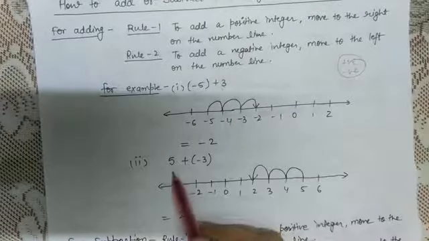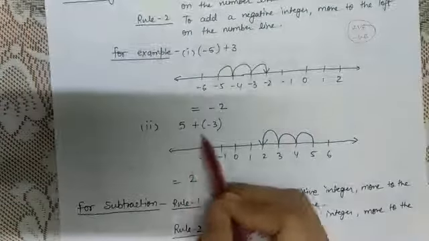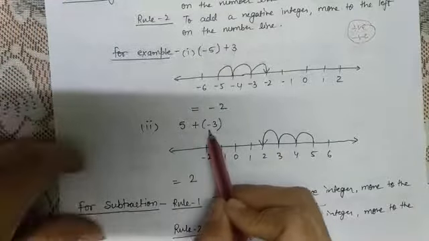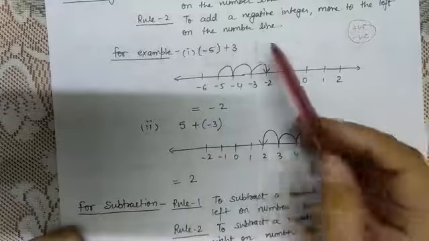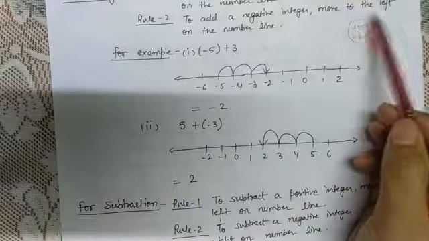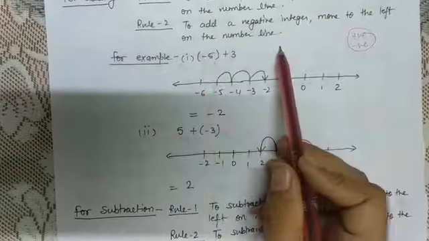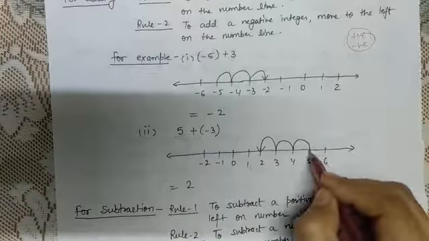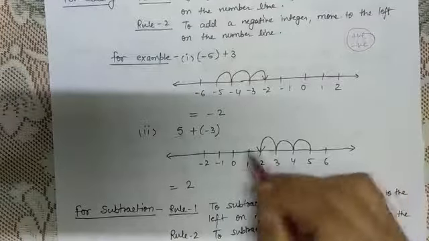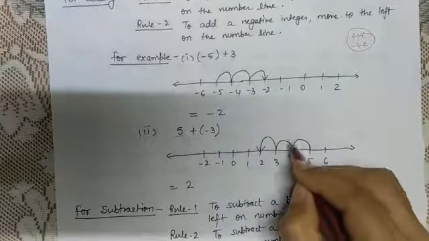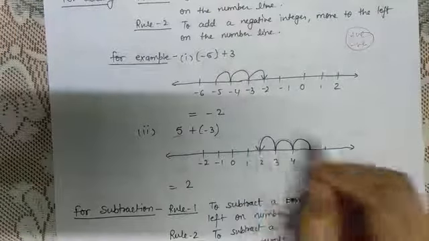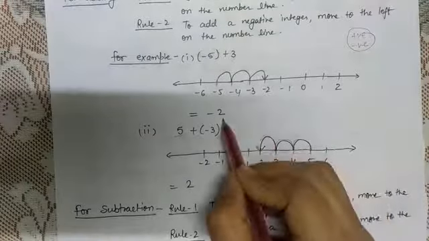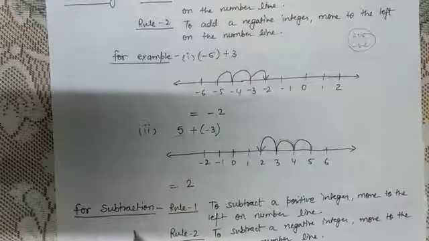Now we are coming to the second example, which is 5 plus -3. 5 is the first integer. We have to add a negative integer to it. So when we have to add a negative integer, we have to move to the left on the number line. So we will reach first the first integer. What is the position of the first integer? It is 5. We will come back to the left portion. This is first, second and third. 3 units on the left portion. So the answer is 2. And what is the answer in the first part? That is -2.